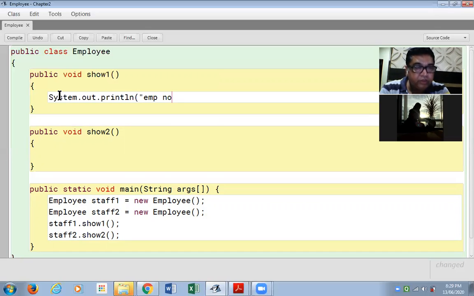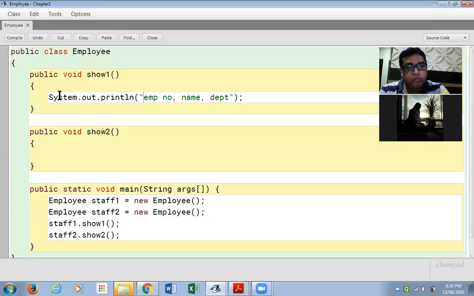Employee number and whatever is the employee number, name and department, whatever is the department, as we used to do in the beginning programs. You remember, please, where you used to write your name, your address, your father's name, etc.? Remember that? Yes, sir. Separate lines we are going to display.